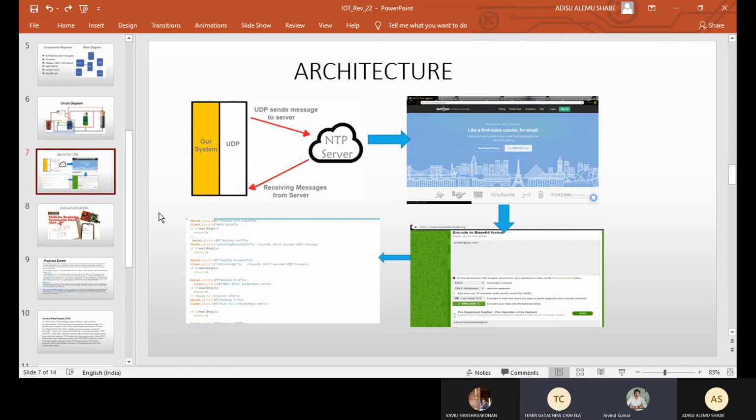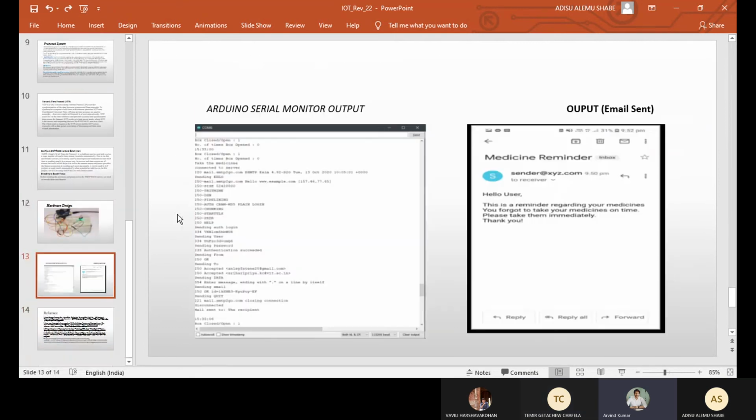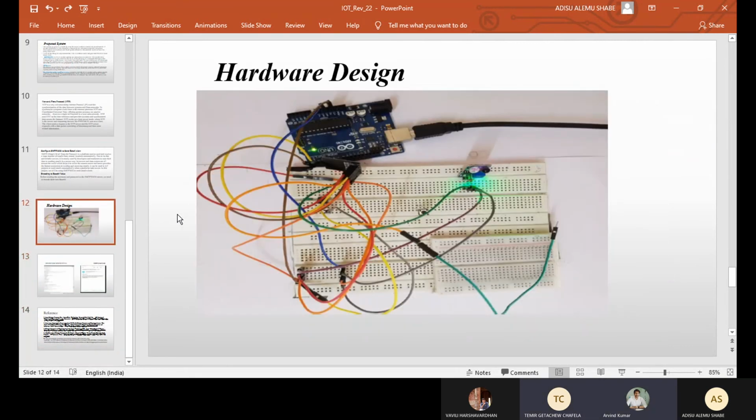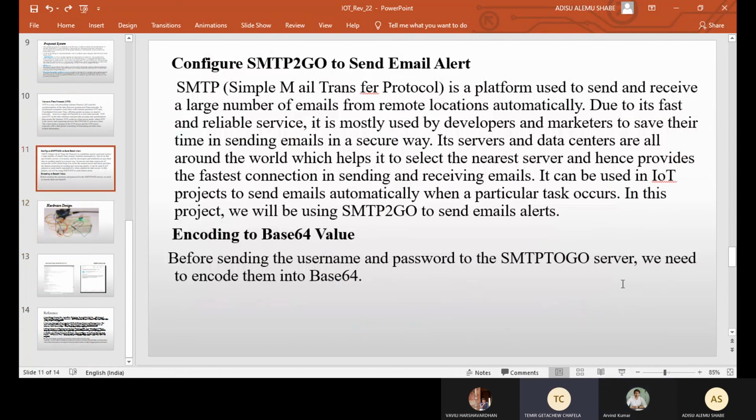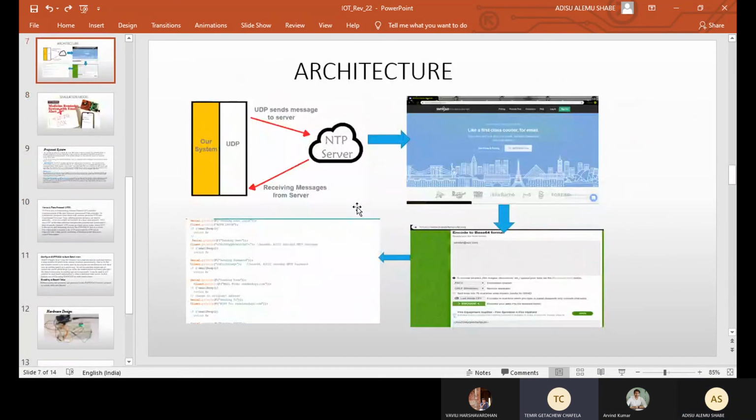You show me what you are going to do in the next review, sir, number 3. In the end, you can just compile everything. Okay, please go to the architecture, Adisu. That one, I have to tell something. So this one is the blue one, as it's seen.